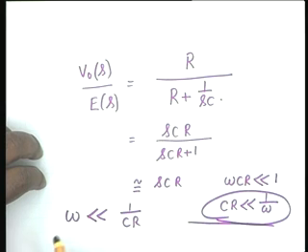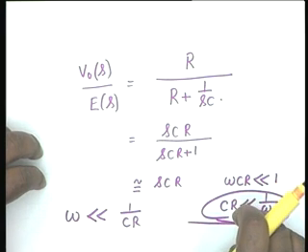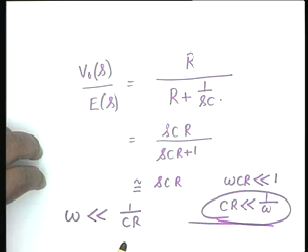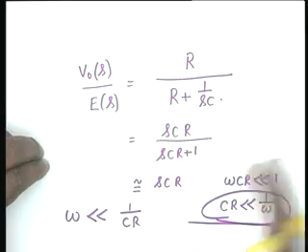Now you can ask me, our input is not necessarily sinusoidal, but any waveform, as you know, can be expressed in terms of sinusoids, a combination of sinusoids, either discrete ones or a continuous one, as in the case of a Fourier transform. And therefore, this condition is a much stronger condition than the one that we derived from the time domain, and in that sense time domain and frequency domain are complementary to each other.